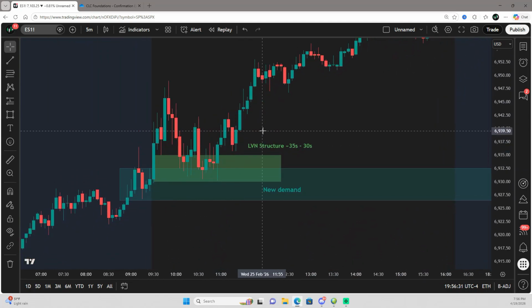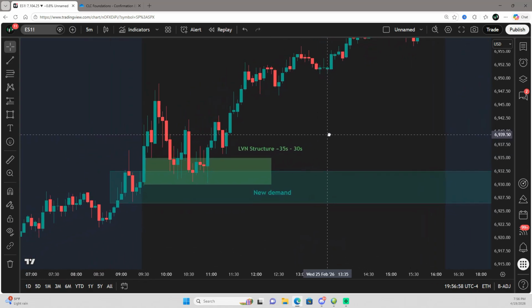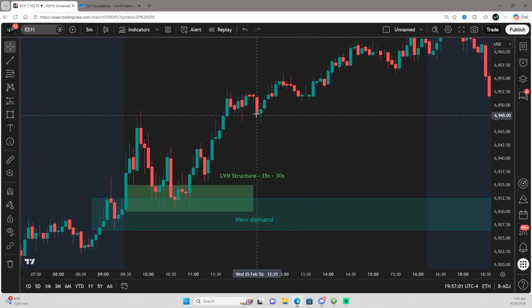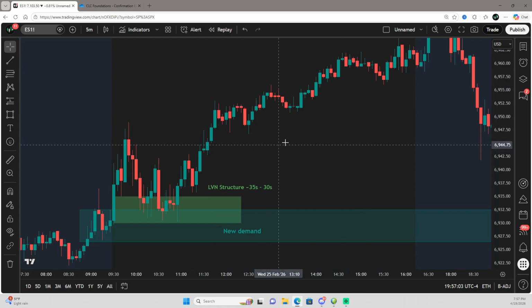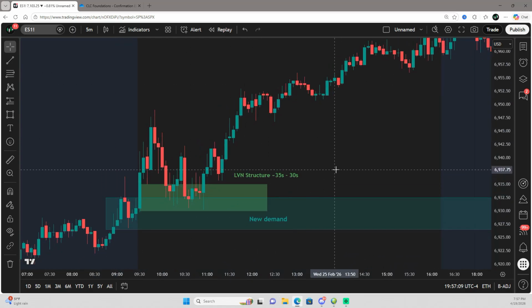And so using order flow really allows us to see this information. We can't see the low volume node structure without the depth of market or without a volume profile. We can't see that there's a passive buyer absorbing these aggressive market sellers at the 32s. And we can't validate that buyers are truly present from this demand zone if we don't have order flow tools that actually allow us to see that information, right? So order flow is just a must-have, guys. It's so powerful, and this setup would have worked excellent for a move back up into high of day or higher. And order flow tools really allow us to capture these excellent risk to reward trades,